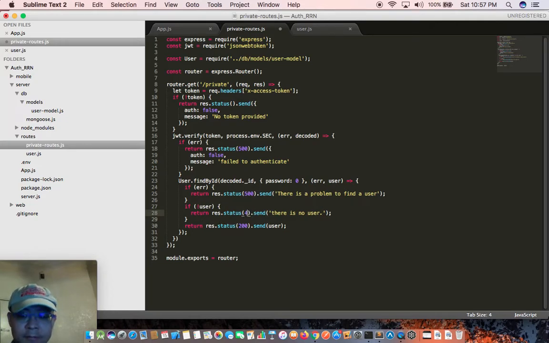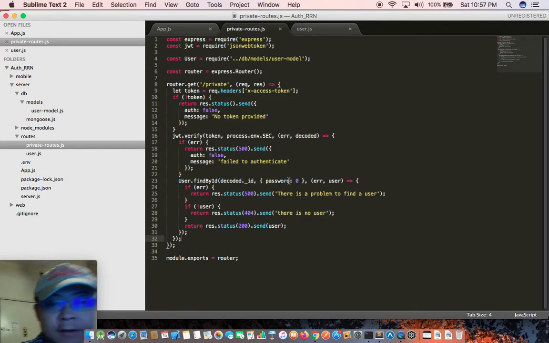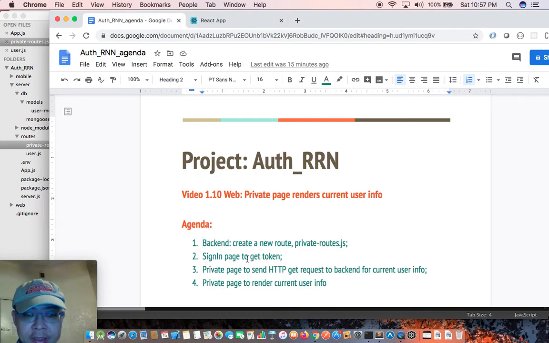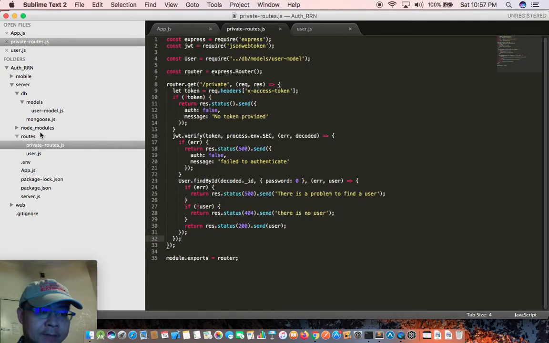This status will be 404. And I think this is the backend code that we need to do. So basically it processes the request from the front end, meaning in our agenda, we finished the backend part, so we need to go back to the front end